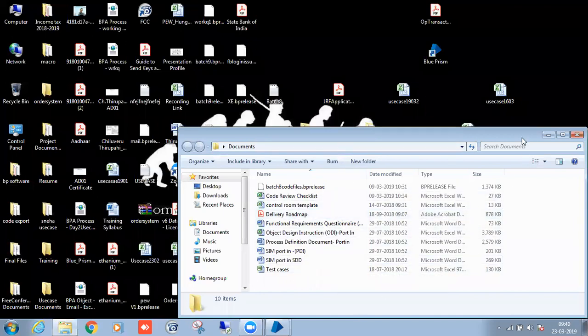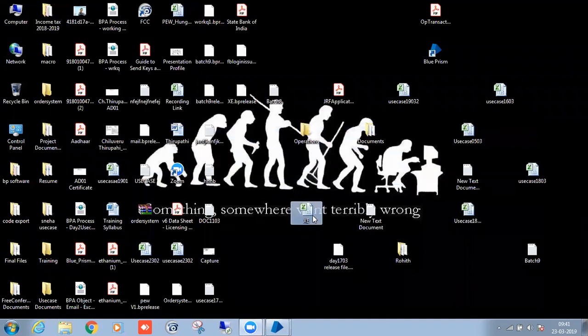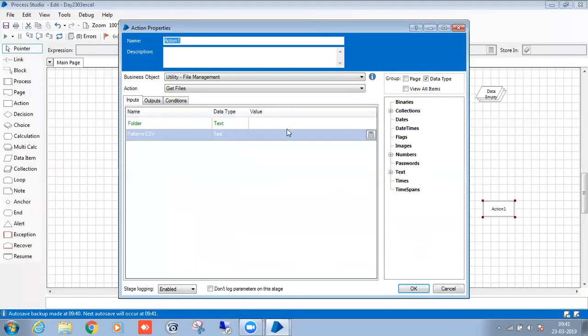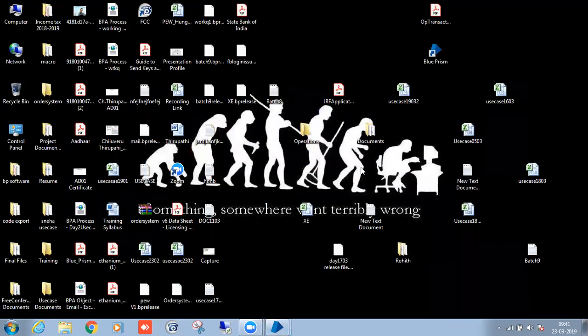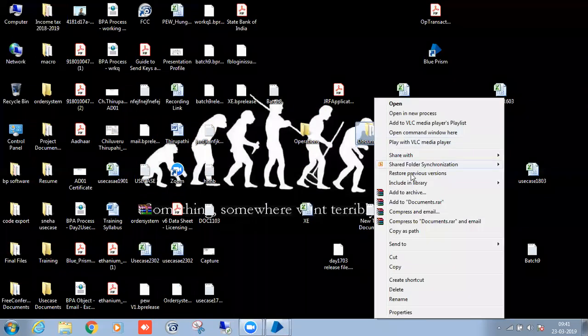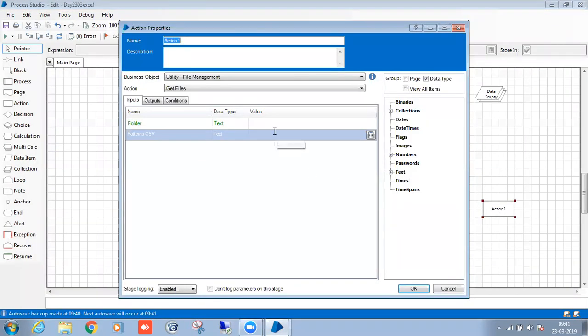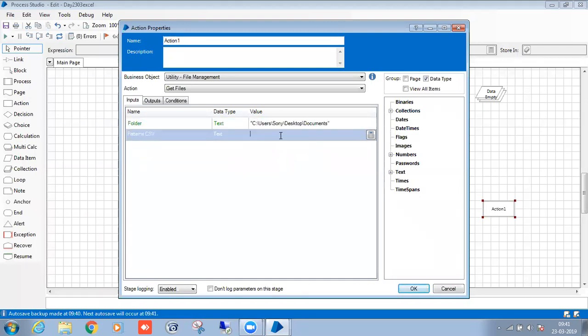I want to extract the Excel files. There is an extension for Excel. Go to this action. What is the folder? We have to give the folder path first, then the pattern.